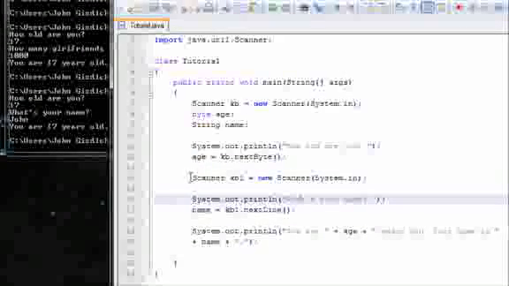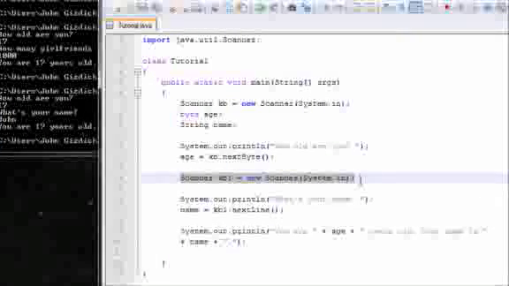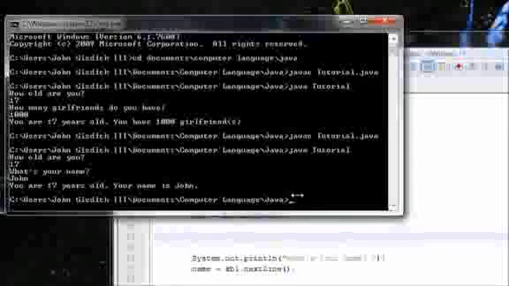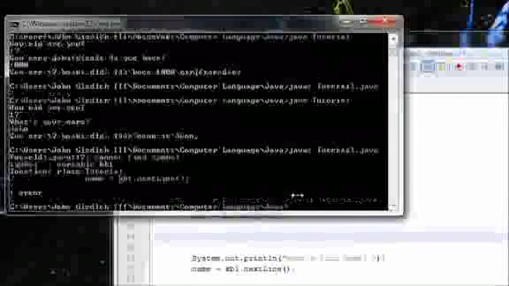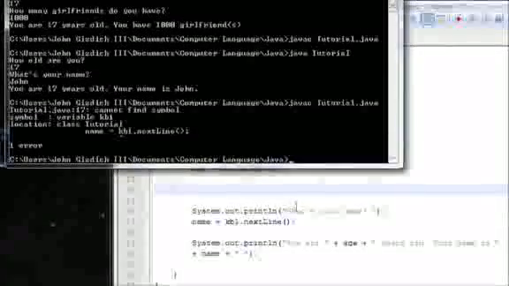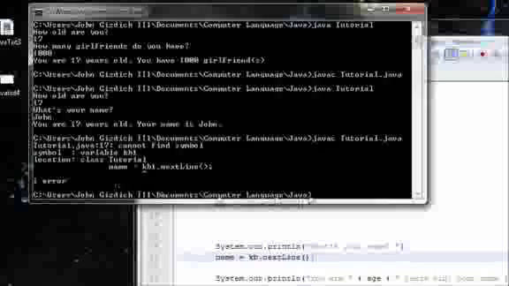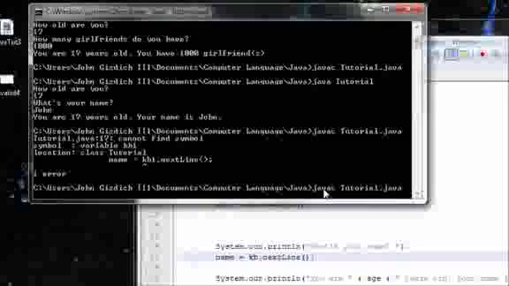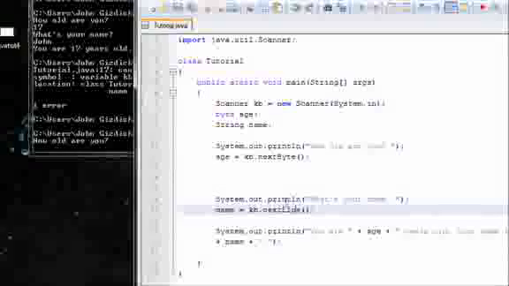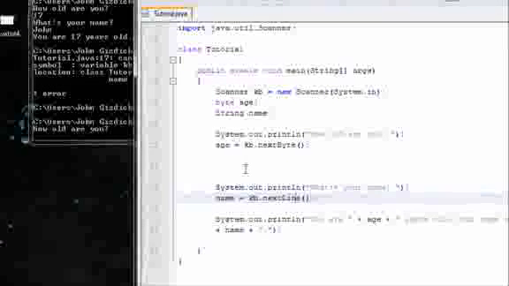Let me delete this syntax over here so you can see what I'm talking about. Save that. Now let's compile that. Got an error there. Why do I have... Oh yeah. I am 7. Make sure, once you delete that, make sure your variable is the same thing as that